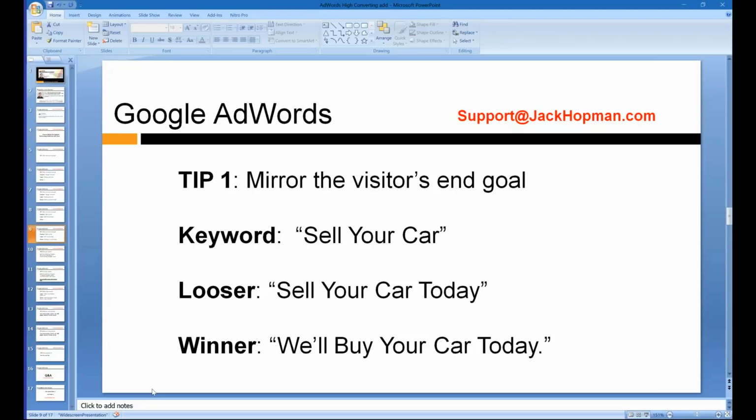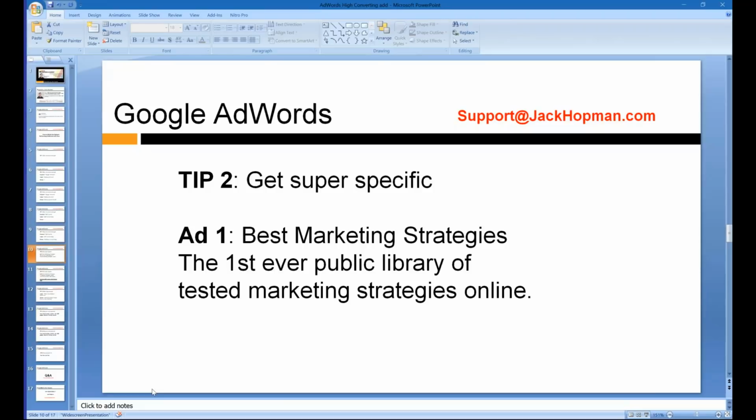So when you speak with a prospect, you have to think about how you can make them money. That's basically this. Okay, now get super specific. Ad number one is best marketing strategies, the first ever public library of tested marketing strategies online.